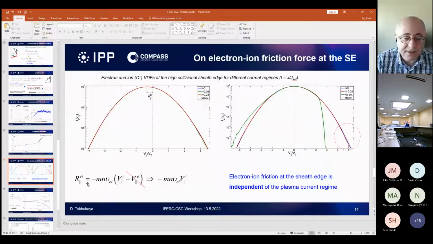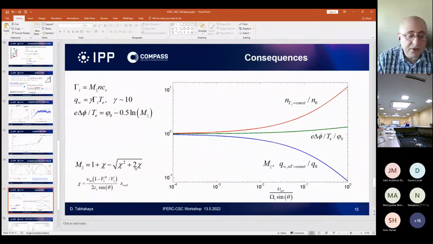We have to neglect this, and it means that electron-ion friction depends practically on the ion velocity at the sheath entrance. And this is a very small value, independent of electron current, and you will never get a contribution to the electron total current here. It means that in principle we can neglect the contribution of current in the boundary condition of the sheath. Okay, this is now our expression of the sheath where we neglected the contribution of the current.